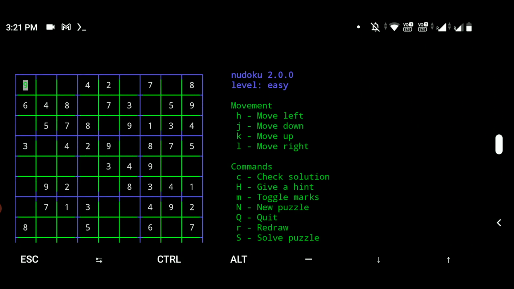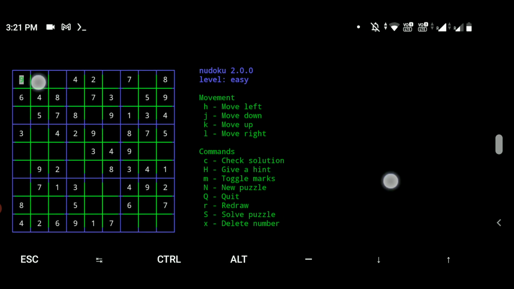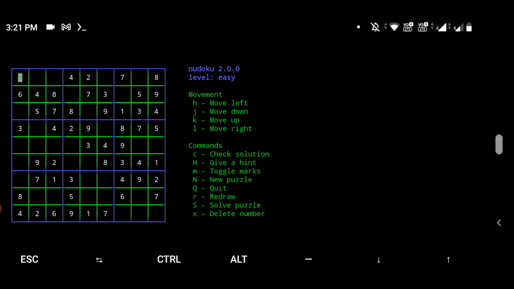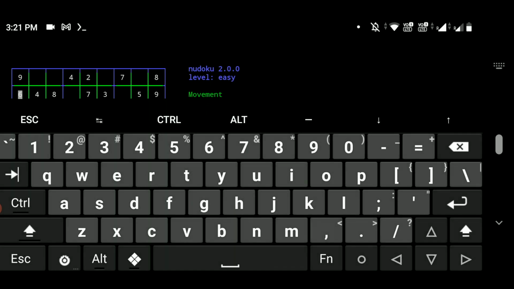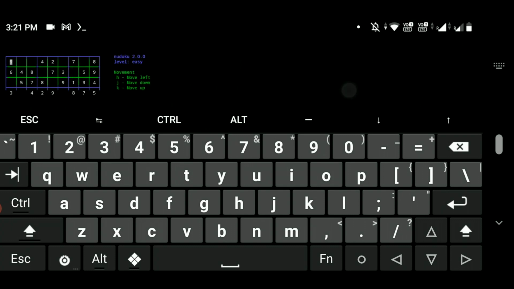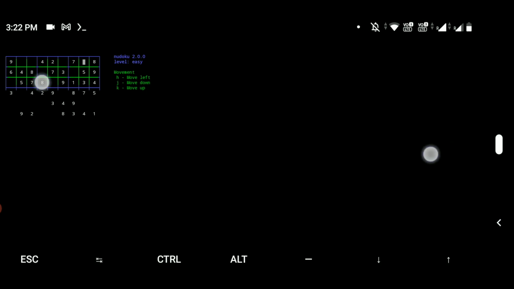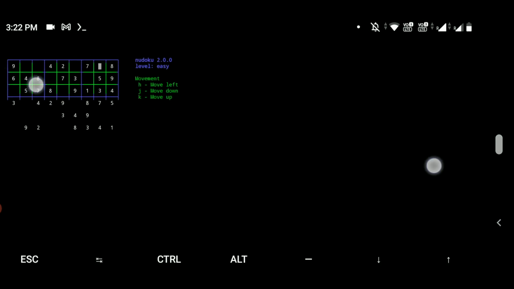So here it is. Just pinch in on your screen to zoom out, and here you can see this is the whole game. Basically by using the mouse pointer like this, you can change the location of the pointer, and you can even use your keyboard like this. Let me zoom out more, and you can easily use your keyboard like this. For that you need to install the Hacker's Keyboard, so the link will be given in the description. You can use the keyboard for controlling the game.